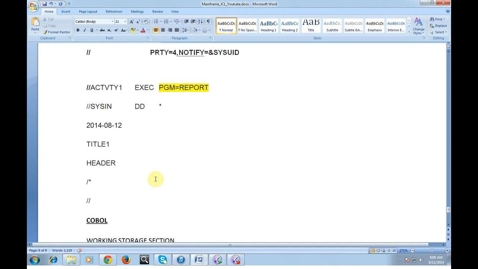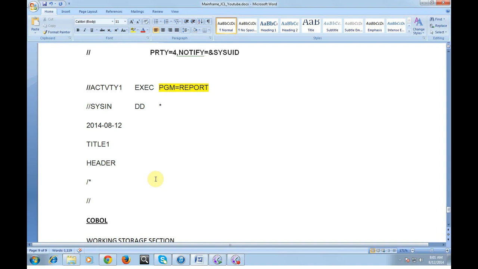Not only do we use these parameters in system or user-defined programs, we can also use them in IBM-provided utilities. For example, there are things like sorting of data.